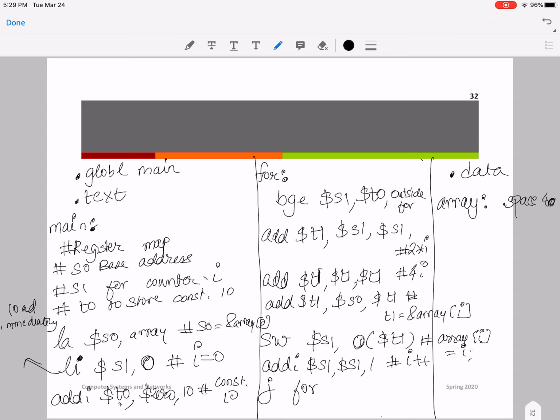My outside for label has to be defined. So let me define it here. So here I have outside for, where your program simply exits using li to $V0, comma 10. So that's the system call code to exit a MIPS code. And then I'm going to make a call to the system. So using syscall. So that is the complete solution for that